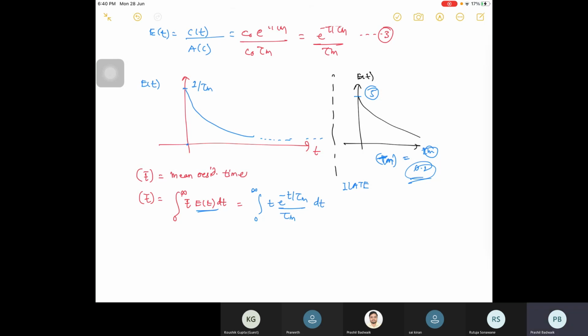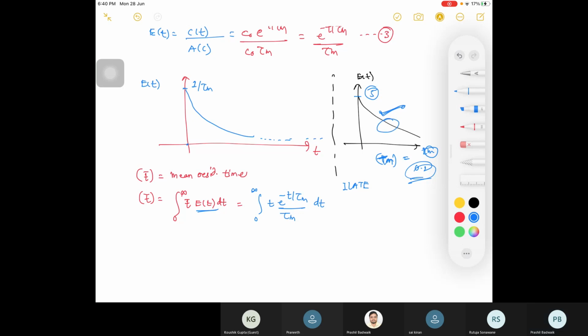The truth is, in class you will be directly given final answers: what happens in the E curve, what happens in the C curve. So here you can understand how you have calculated your values and why you are getting this kind of curve. They will directly draw the curve, and if you get this curve, then it is your CSTR. But you won't get the actual equations or how that equation is valid for the curve.